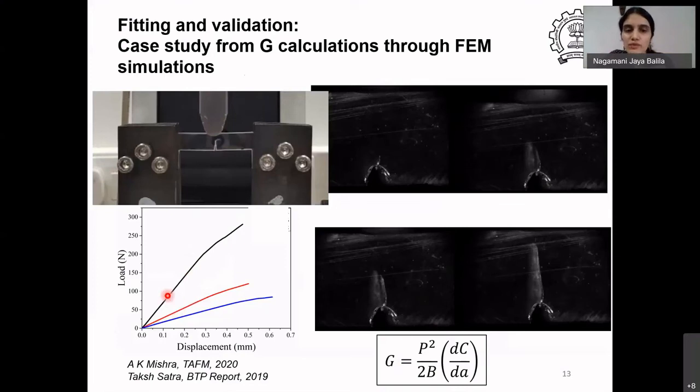So the slope of the load displacement curve is called stiffness, and the inverse of that slope is called the compliance. And the compliance is represented by capital C. So dC by dA refers to the change in compliance as a function of crack length. Now, if I tell you that the stiffness decreases, you see that this is at a smaller crack length, this is at a longer crack length, and this is at a further longer crack length. Stiffness S1, S2, S3. Which one has a higher stiffness? Which one has a lower stiffness? Can you tell me that from the curve? This is just reading from the curve.